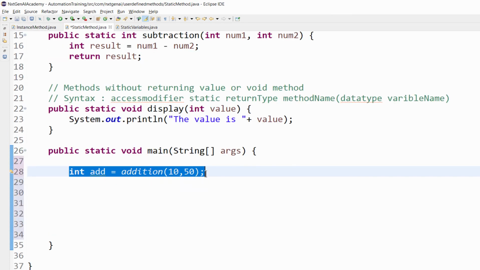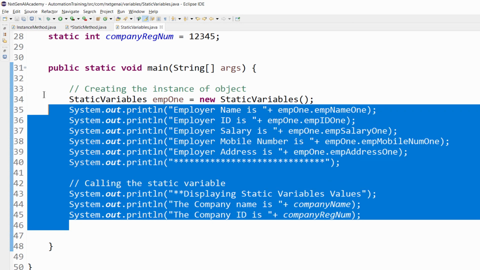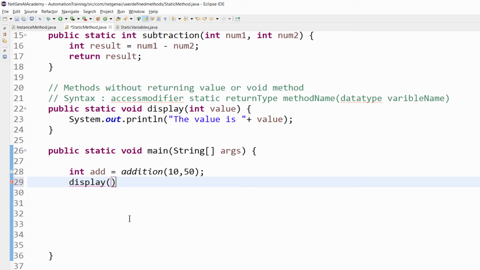We can directly call the method without creating the object instance. Still, if you are not getting it, please watch the static variable video so that you get more clarity on static methods. Then to display, pass that variable add to the display method.